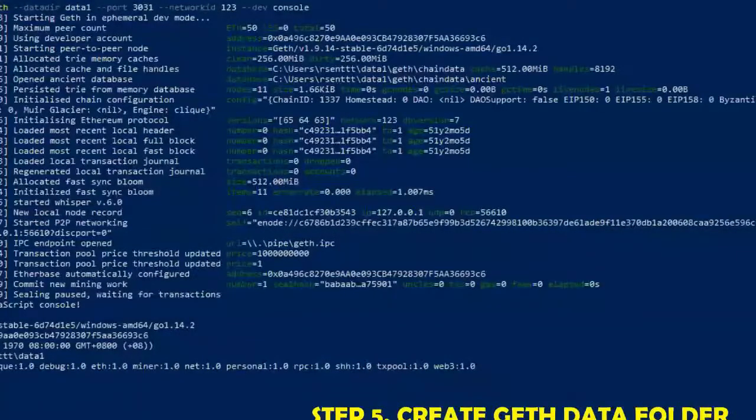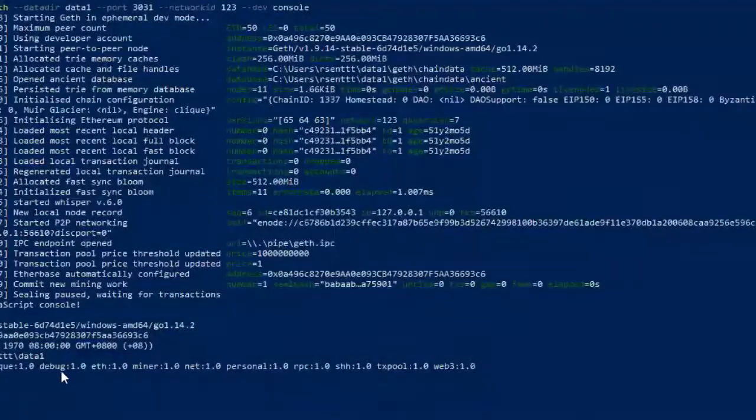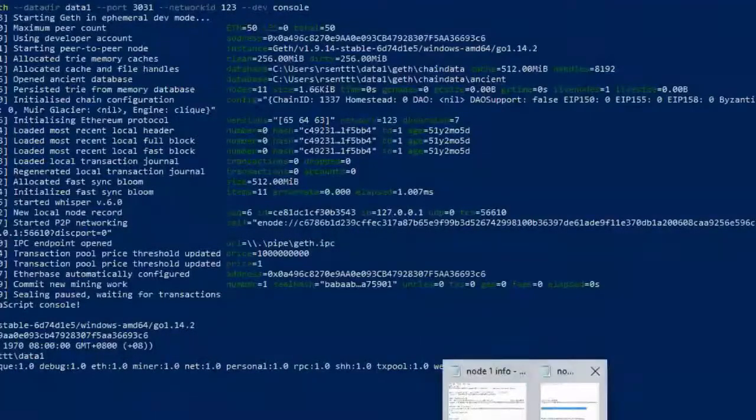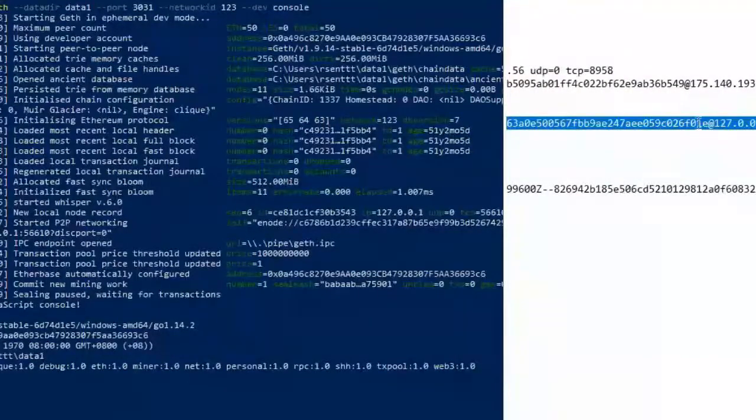If I run this command, this is my Geth node 1, and we want to connect with Geth node 2 by running this command. Just type admin.addPeer, and this field we will fill with the enode. The enode of Geth node 2, I have copied in the notepad. This enode,